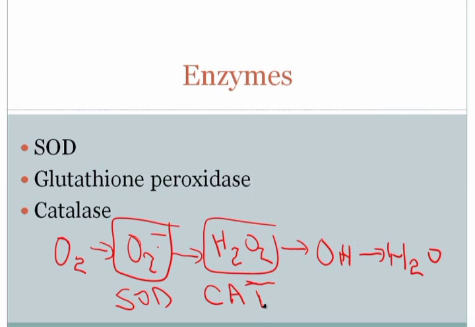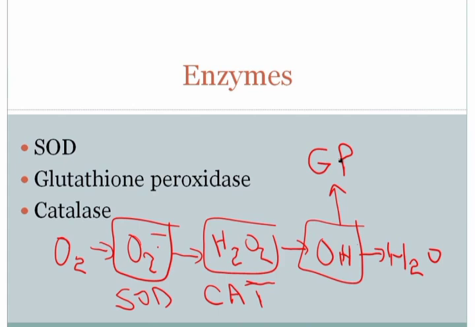And then hydroxyl free radical, one of the major mechanisms by which this free radical is removed is glutathione peroxidase. And glutathione peroxidase is an enzyme that takes the assistance of glutathione, which is an antioxidant, and glutathione will be very important later in our discussions of